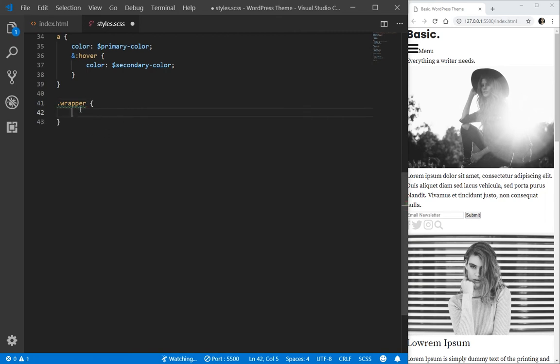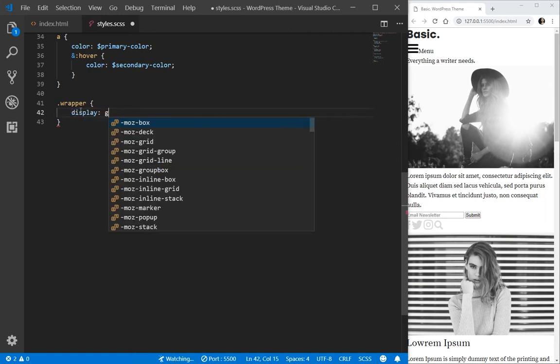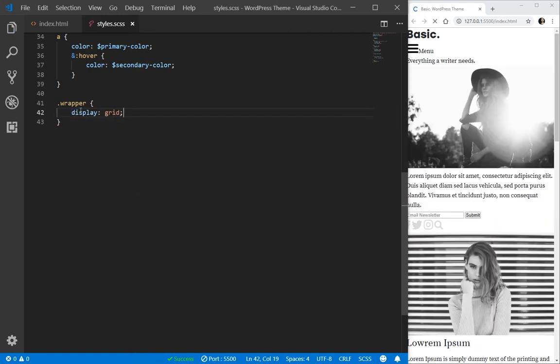I will be using grid as I mentioned before, and to do this I will display grid. Okay, so now our wrapper is displayed as grid, and also before I start writing all the columns and